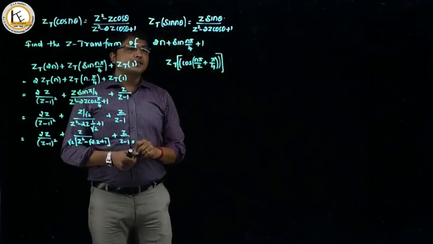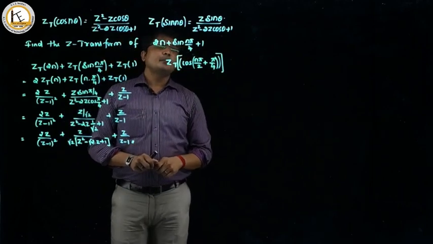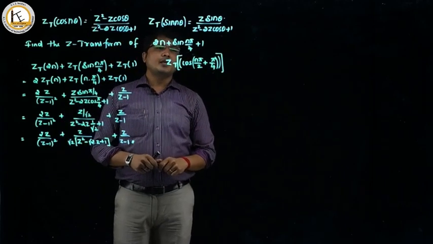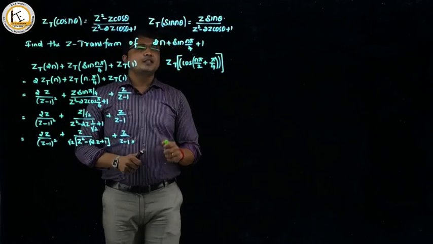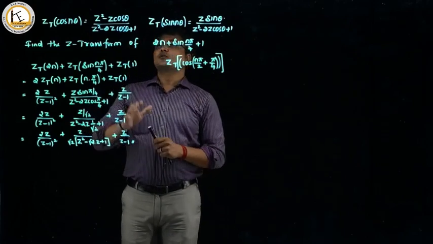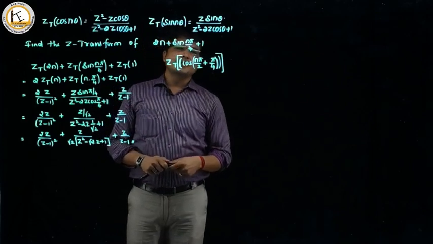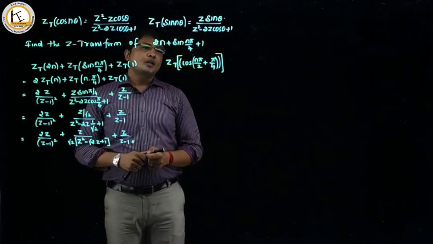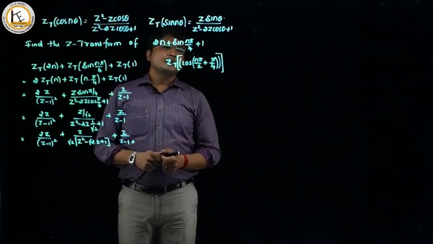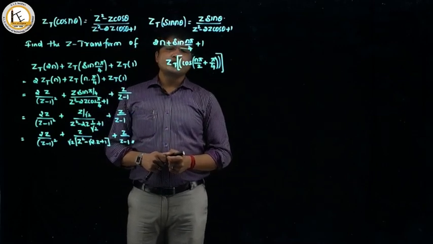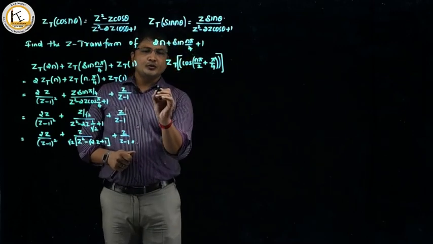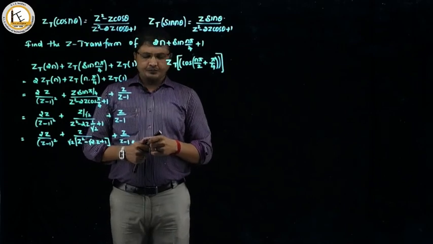Obviously this problem also can be solved by using these two formulas only, but before that we are going to use a trigonometric formula, that is cos a plus b. Cos a plus b is nothing but cos a cos b minus sin a sin b. So using that formula, expanding this problem,